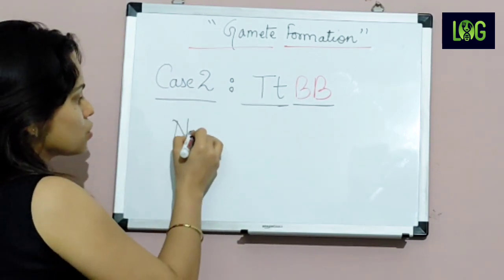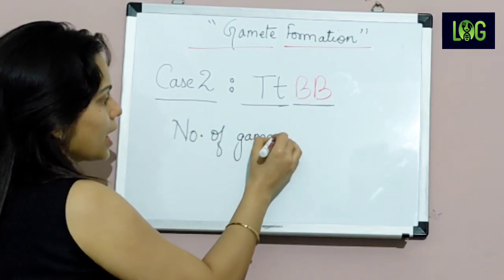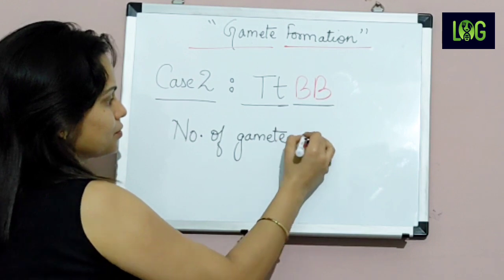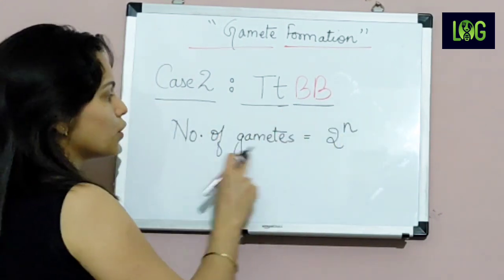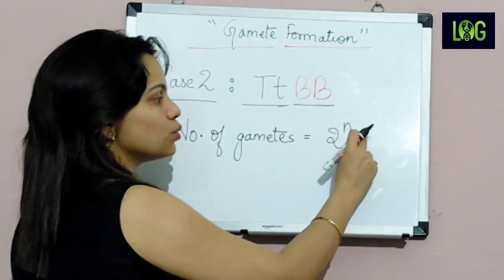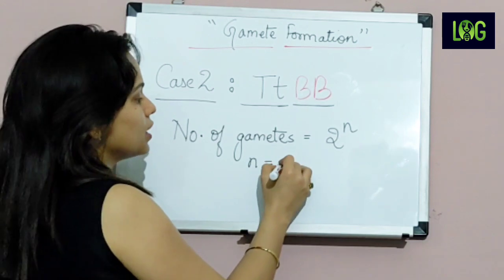That formula is to know the number of gametes that can be formed. The formula is: number of gametes equals 2 raised to the power n, where n is equal to the number